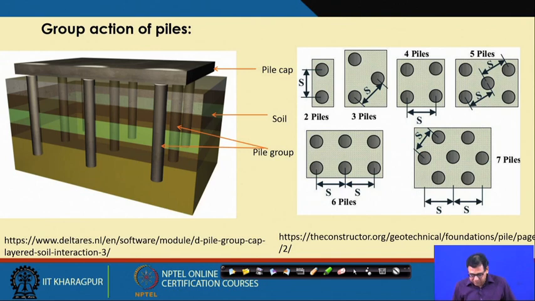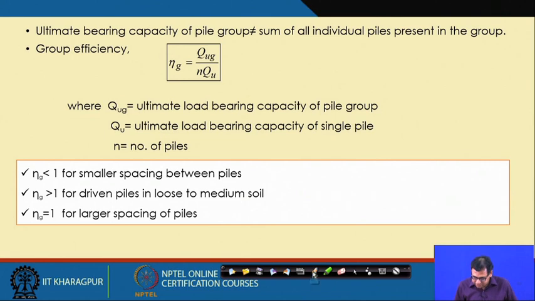Okay. So, now how we will calculate the efficiency of a pile group: the efficiency of a pile group is the group load carrying capacity of pile divided by number of piles times the single pile load carrying capacity. Okay. So, this is the pile group, we can calculate group efficiency like this. Now, if the spacing is small, then what will happen? The influence zone of each single pile will overlap each other. So, your group load carrying capacity will reduce. So, the efficiency of the pile group will reduce.